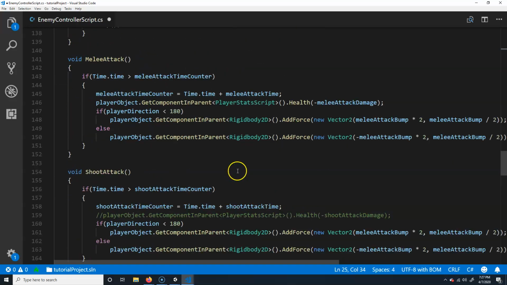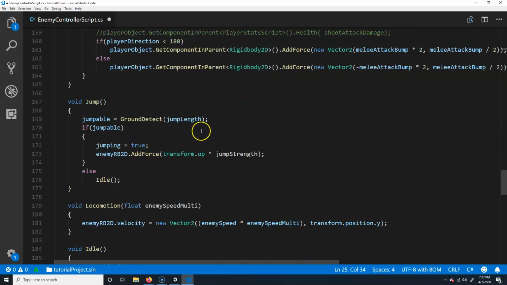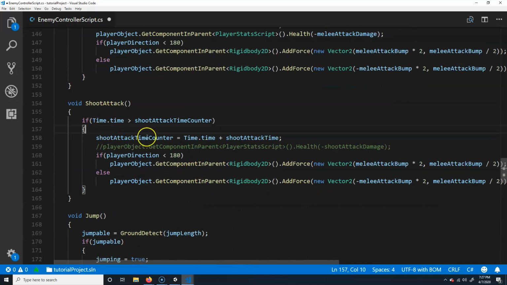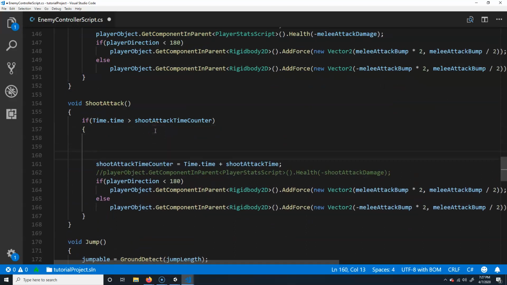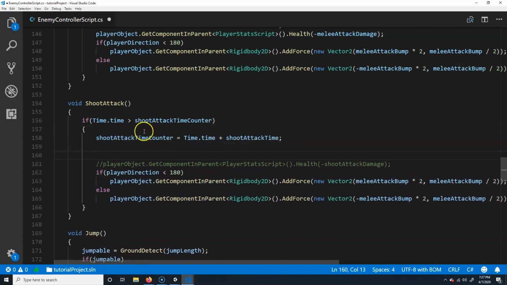And let's go back down to my thing. Where are you? Come on. Oh, went too far. Shoot attack. Okay. So, let's leave you up here. Let's put you there. So the first thing I want to do is just reset the attack timer. So basically, this will handle how often it shoots. It's the same thing as the melee. And then what I want to do is actually go ahead and instantiate the object. So it's going to be shot object is going to be equal to